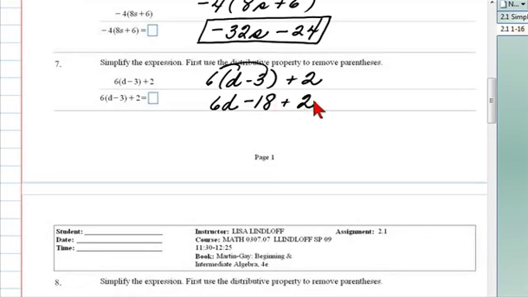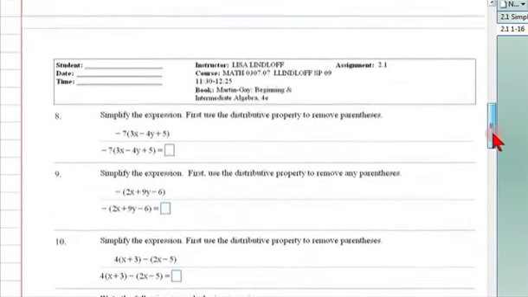Can I simplify any further? Do I have any like terms? Yes. I have constant negative 18 and constant 2. I'll keep the 6d. What is negative 18 plus positive 2? It is negative 16. And there's my answer. So if you're asked to simplify an expression, the order that you do the steps is important. Number 1 is distributive property, and number 2 is combine like terms. As we go on,